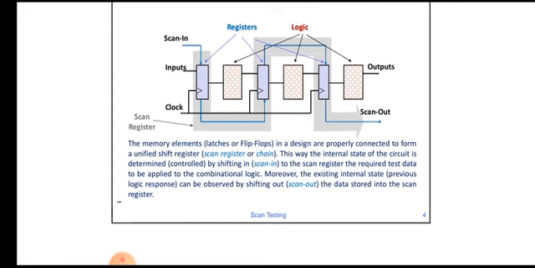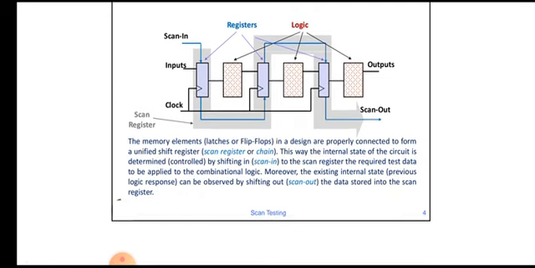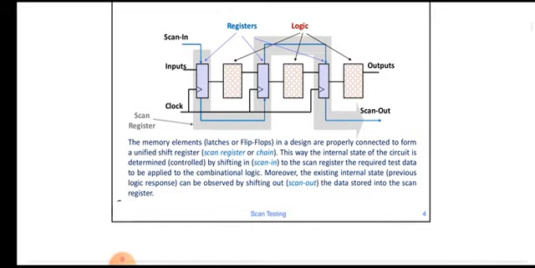So this way the internal state of the circuit is determined or controlled by shifting in, which is a scan in, to the scan register, the required test data to be applied to the combinational logic. Moreover, the existing internal state, that is the previous logic response, as I told you, can be observed by shifting out, that is a scan out, which is the output portion, the data stored in the scan register. Okay,